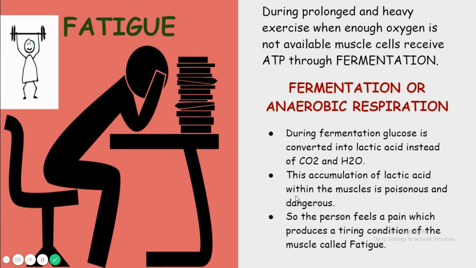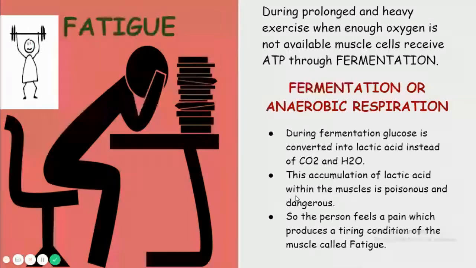Okay, that production of ATP, from the glycogen to the glucose to the ATP, occurs through the process called respiration. This occurs in a normal exercise. But when a person does a prolonged heavy exercise, for example, he or she is doing an exercise for 3 hours, for 4 hours, and that exercise is very heavy and very difficult, then due to prolonged and heavy exercise, the oxygen level in the body will be low, and due to that low level of oxygen in the